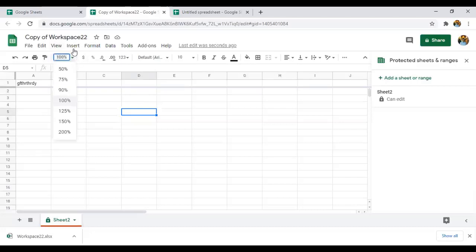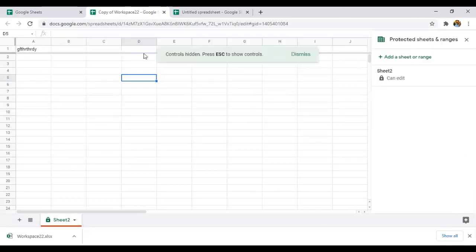And if you click on full screen, the full screen will be available here, right? So this is how we do the operations in the view. Okay.